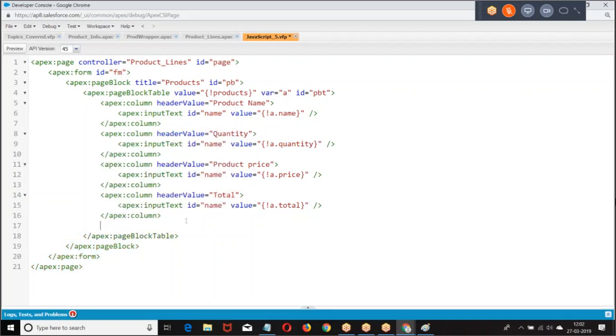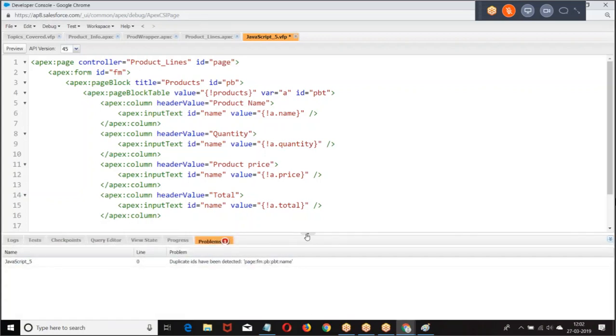So let us see the UI. It's simply a page block. Then here we need to give product name.